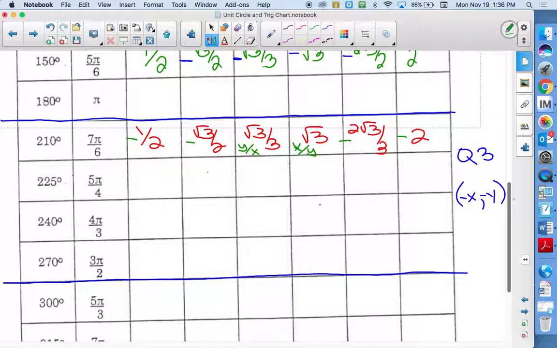Yeah, the negatives cancel because you have a negative y divided by a negative x, and they cancel. So the tangent for this third quadrant should be positive because you're taking a negative y and a negative x, and both negatives mean that they become a positive value. So whatever you have for 5 pi over 4, 4 pi over 3, these all should be positive for the tangent and the cotangent because it's y and x. And then in the last quadrant,